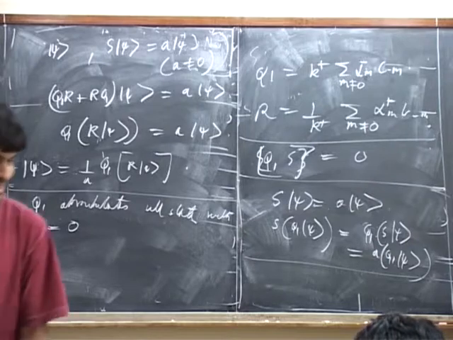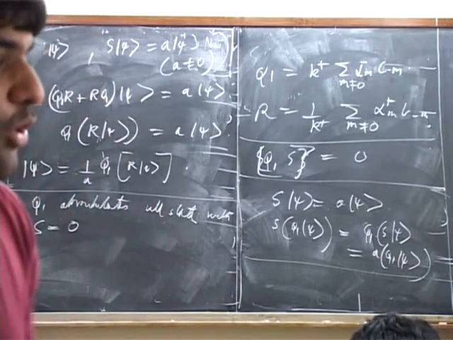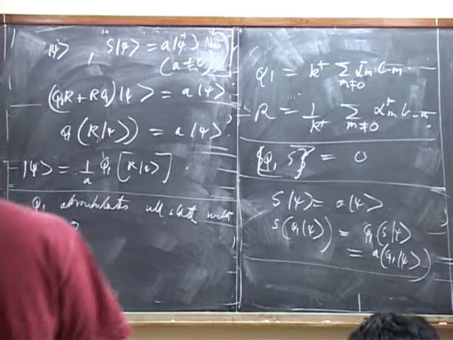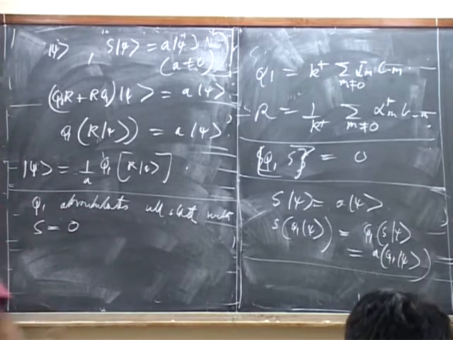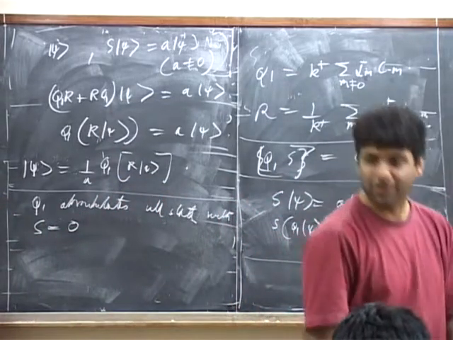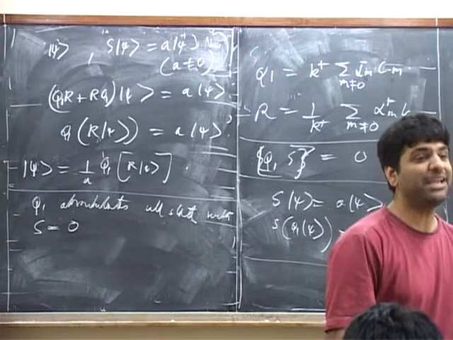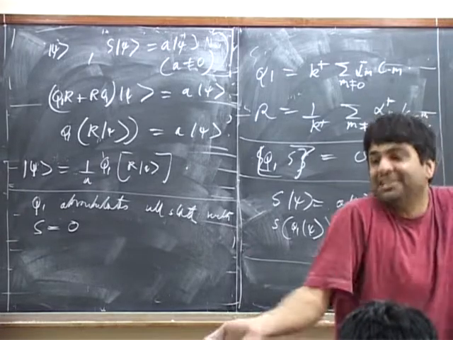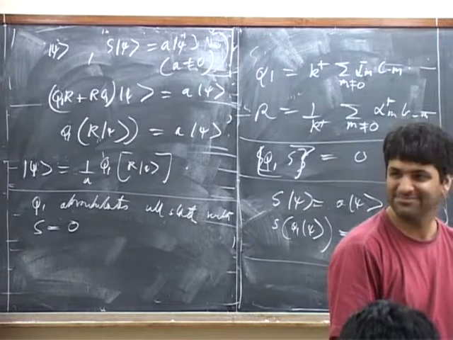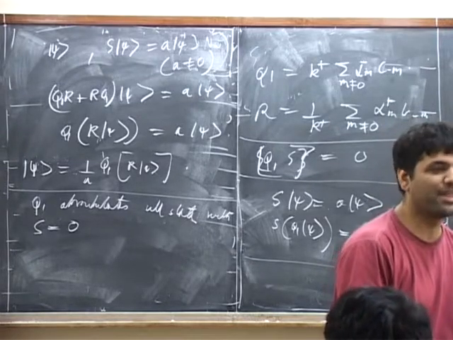This demonstrates that Q1, that all of S equals 0 is in Q1 cohomology. Because if a state were to be Q1 exact and have S equals 0, since Q1 commutes with S, it must be Q acting on some state with S equals 0. Is that clear? You see?